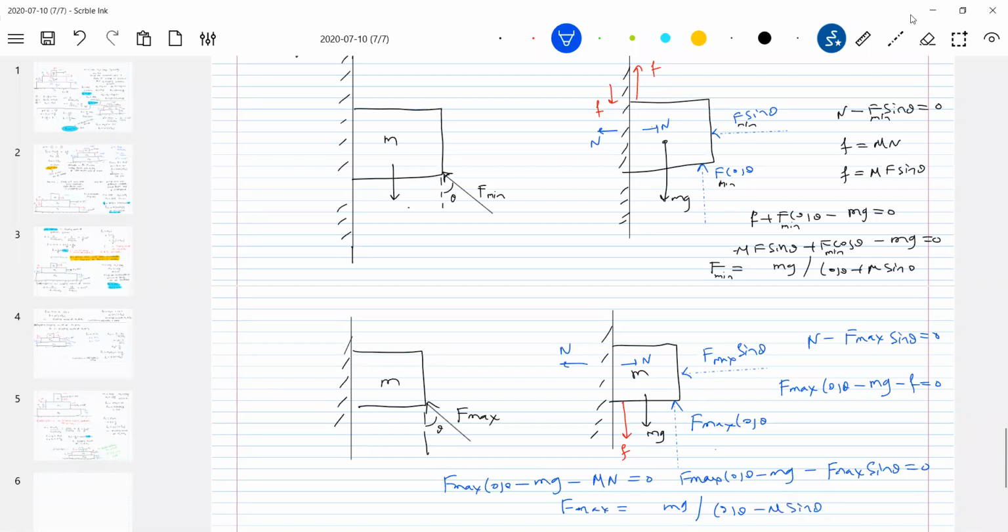Now why should I call it maximum? You can see the denominator has a negative sign. Here it was a positive sign. Are you looking at this? Both the conditions I brought here. If you apply force greater than F max, the block will slide up. If you apply force less than F minimum, the block will slide down. As long as the force is between F minimum and F max, the block will be in equilibrium. So when you apply force at an angle, the maximum-minimum idea comes into the picture.